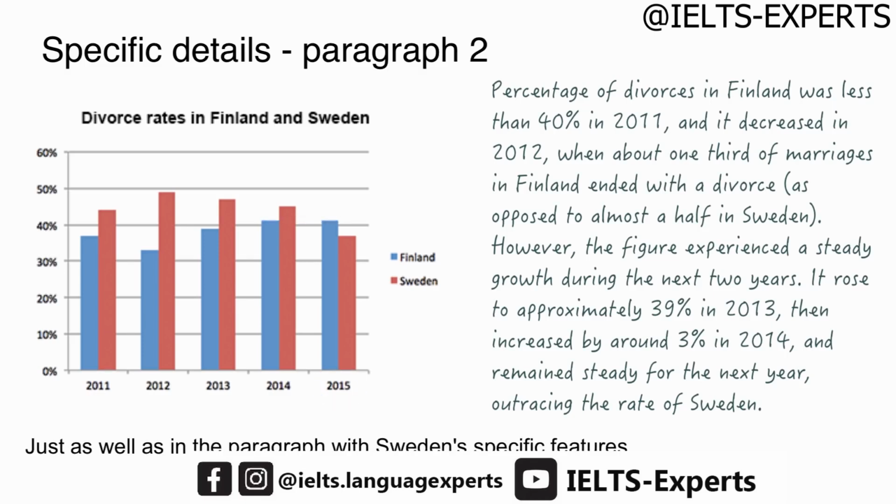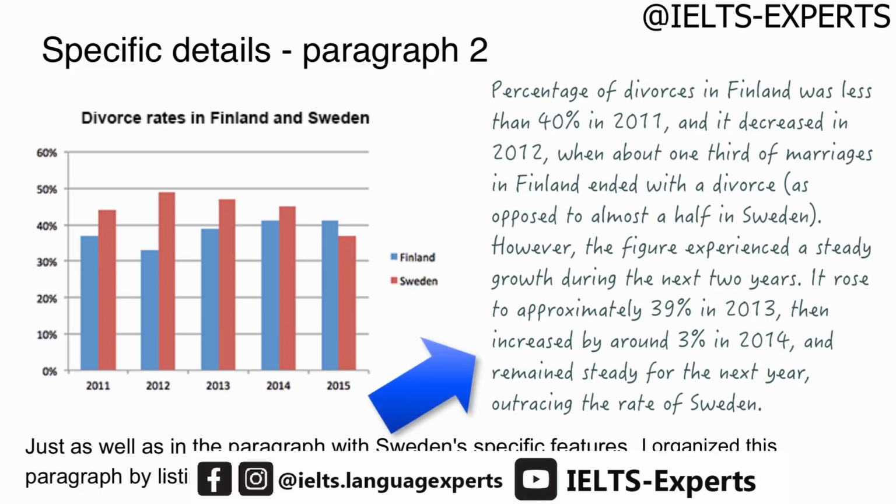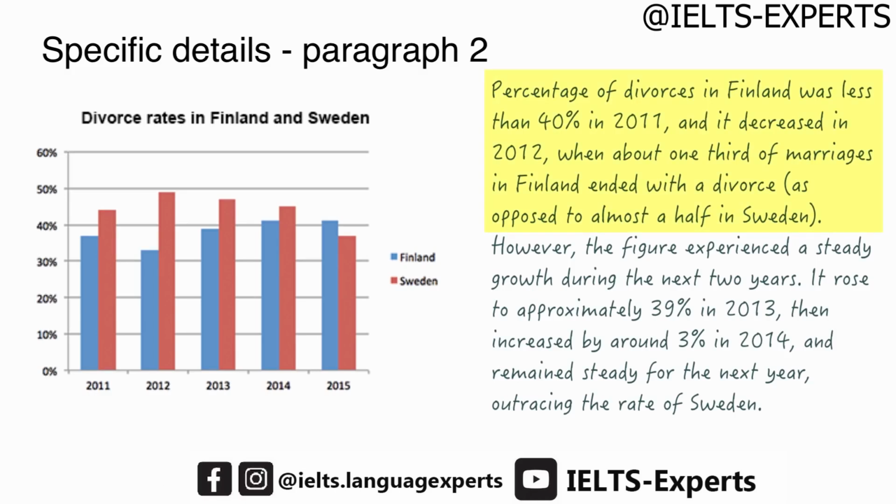Just as well as in the paragraph with Sweden's specific features, I organized this paragraph by listing changes that happened to Finland's rate from 2011 to 2015. So, in the first sentence, I described Finland's rate in 2011 and 2012, when it was decreasing. Then, from 2013, Finland's rate changes in opposite direction. It starts increasing, so I start the next sentence with the word however and say,